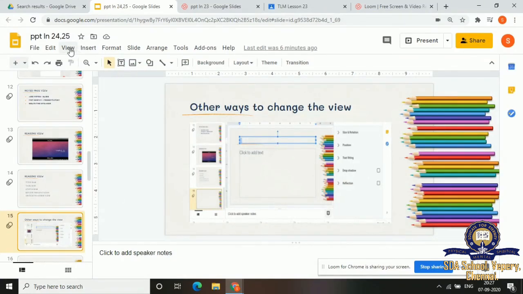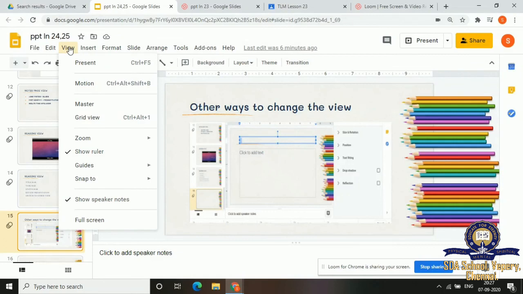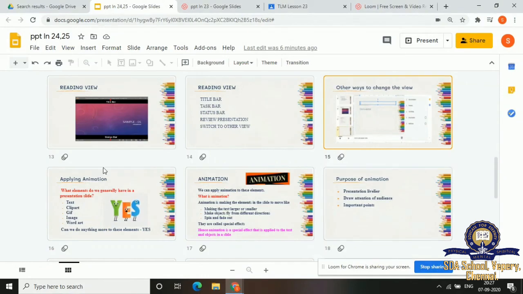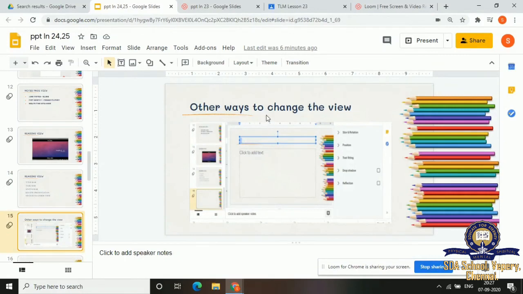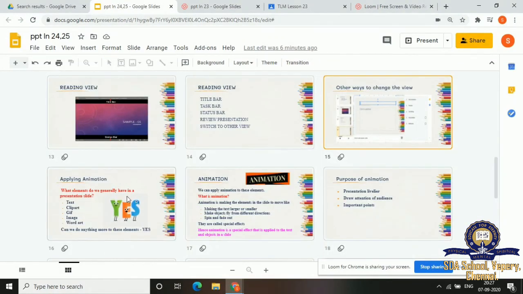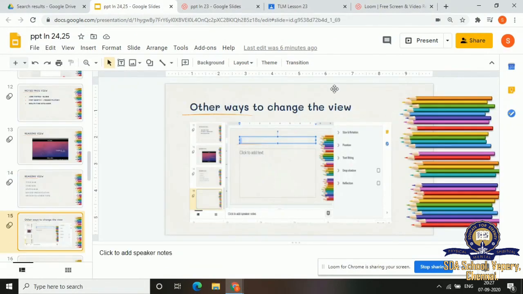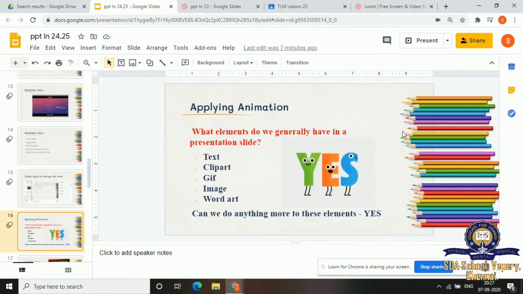See, can you see views here? You have to click it and you can see grid view. Your grid view is here. Otherwise, if I want the slide sorter view again, I can go to this icon and click here. I got my slide sorter view. Now I want my normal view. I'm going to click here. That's all about slide sorter views. We'll go to the next topic.